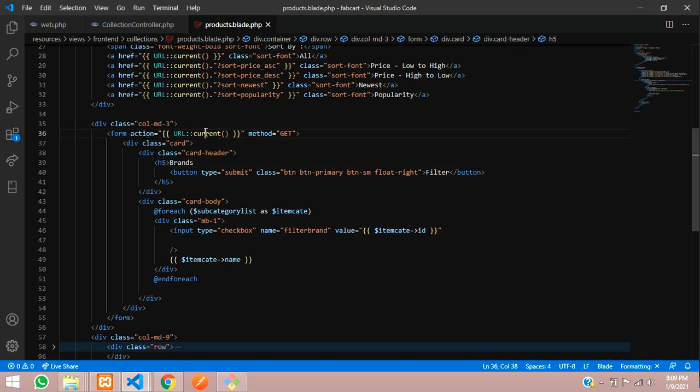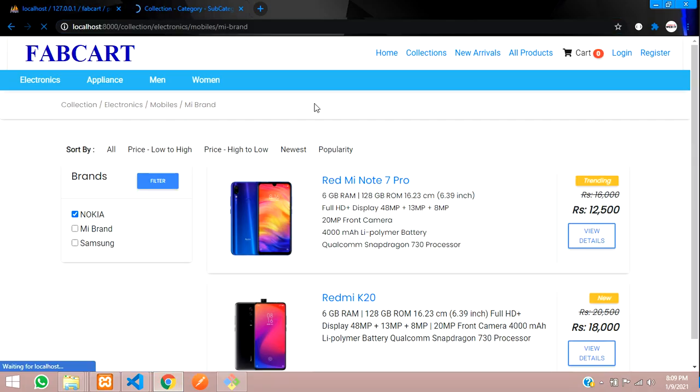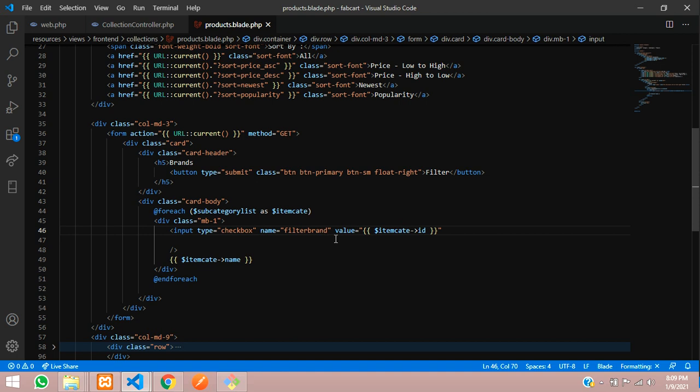So take that, and once you click, it will go to the get method. Wherever your input box will be, that time it will take all this input box detail and it will show you in the output. So guys, now let's get back and reload the page. Okay, and now I'm going to click on Nokia and Mi. So that thing will be printed over here, ID number 1 and 2. So as you can see, brand filter where ID is 1, brand filter where ID is 2. Okay, so guys, this is something different, but we have to pass this in array. So make sure you are passing this in array, and then we have to check with this.